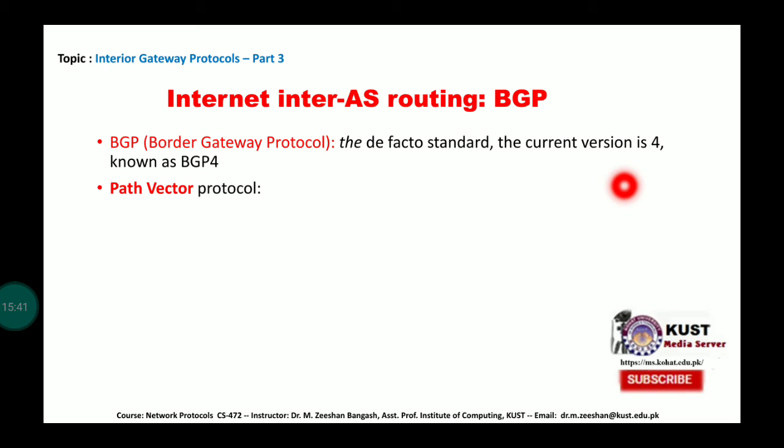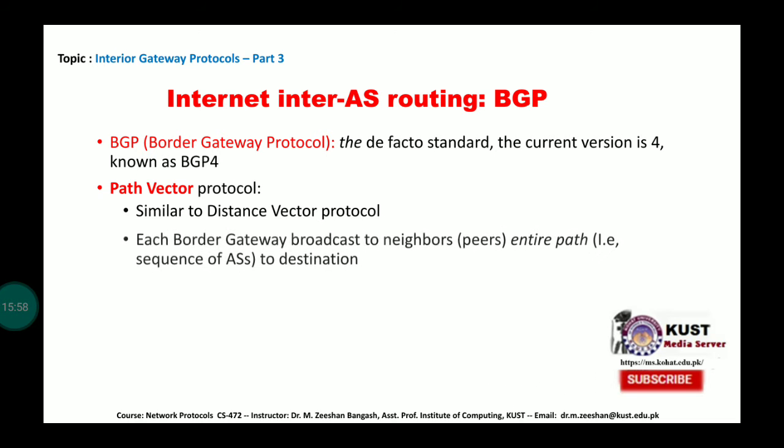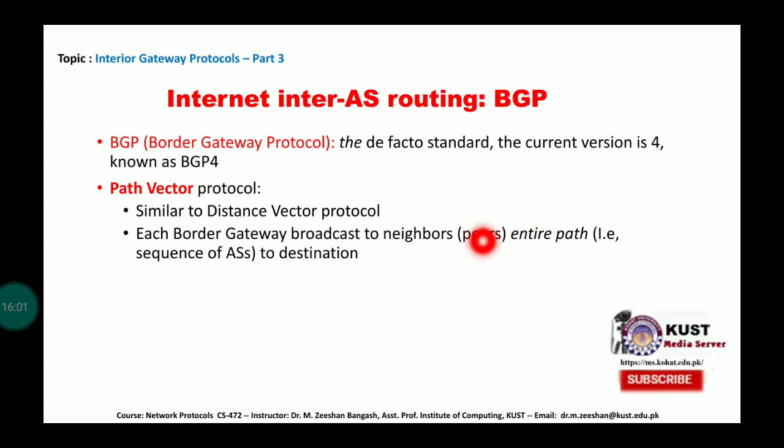Now, it works on the technique of a path vector protocol, and it's very similar to the distance vector protocol we discussed in RIP, the Routing Information Protocol. It follows the same technique during its implementation. Each border gateway broadcasts the information it has to its peer border gateways to which it is connected, and the entire path to the destination is shared. So all the information the border gateway router has, it shares with the neighboring